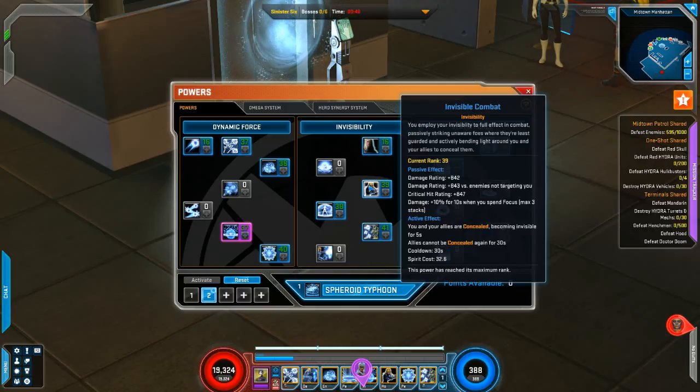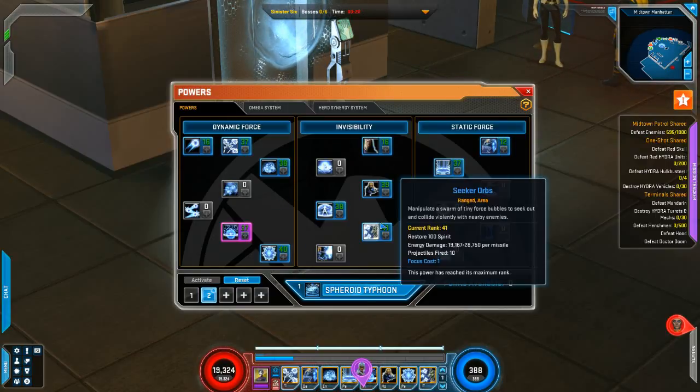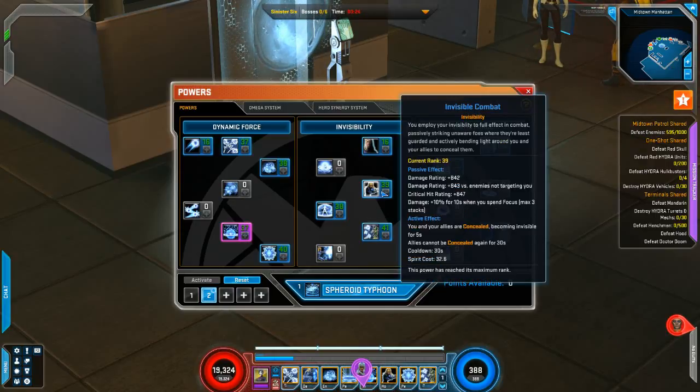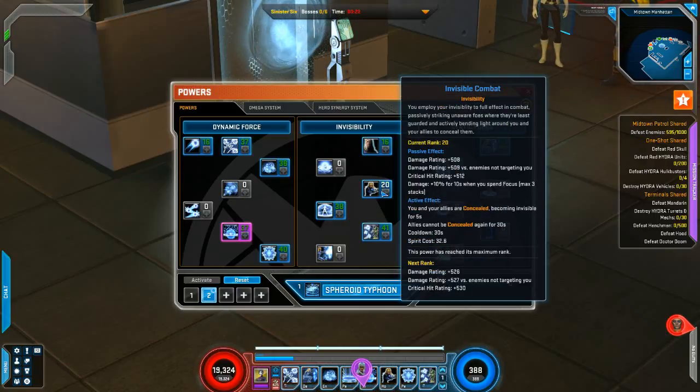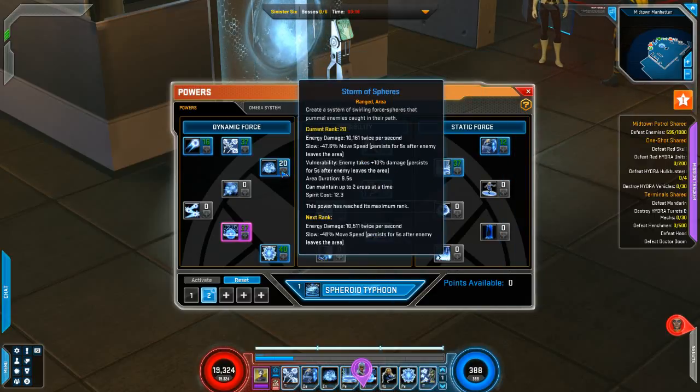One is invisible combat, so you can make yourself and your allies become invisible for 5 seconds. And you can see we would actually get a nice little buff to ourself there. And then she also has invisibility, which will restore health and spirit and a bunch of other things as well. So she's got a pretty good combo of powers. Again, I think they're just slightly on the... Her buffs are not as buffy as they should be, and her powers just, at this point, just don't